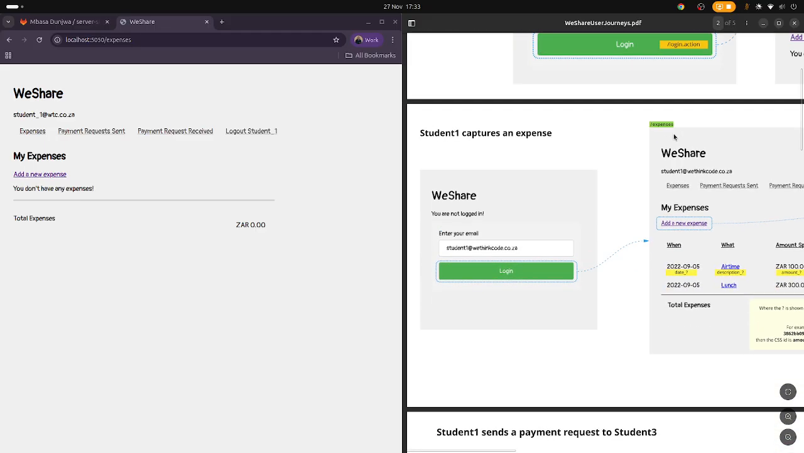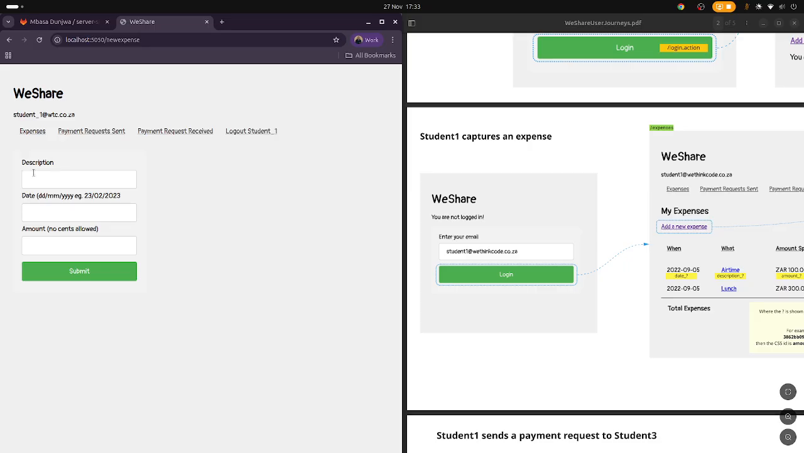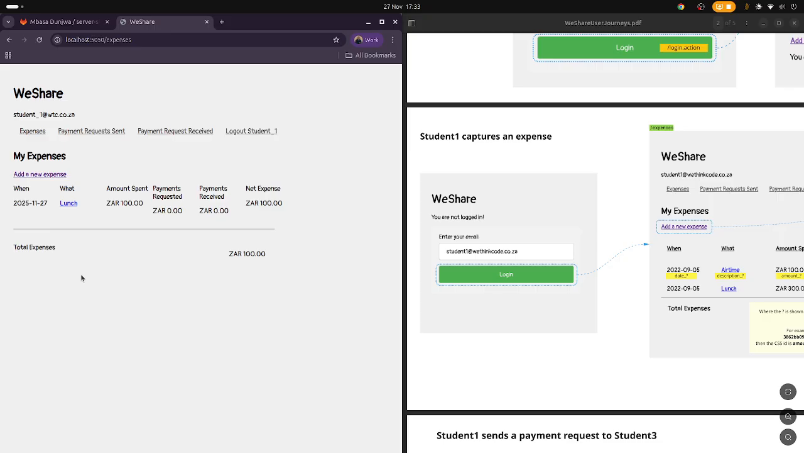The second case is that the student captures an expense. So we add a new expense over here. Let's say that student 1 went out for lunch. He went out for lunch today and the lunch cost a total of 100 Rand. We now submit this expense, and if we check student 1's expenses,